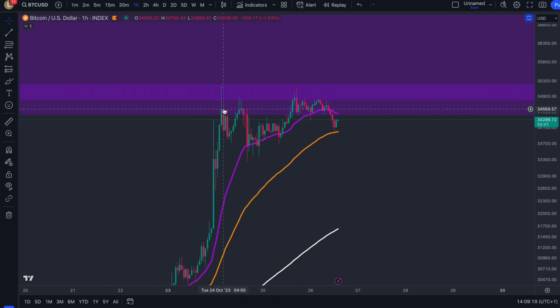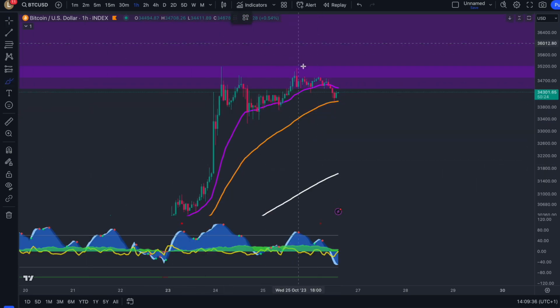We see the bodies actually getting higher and higher. However, we're not seeing these bodies taking out that wick over there. So we would need a break of $35,200, and we're continuing with this pump. But while we are staying below $35,200, I want to look for bearish signals. And over here, we've got